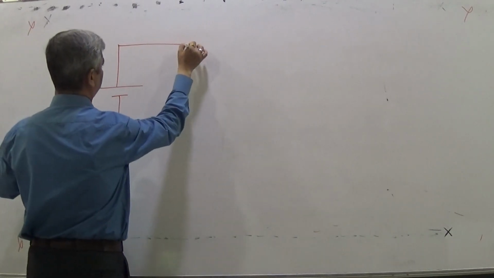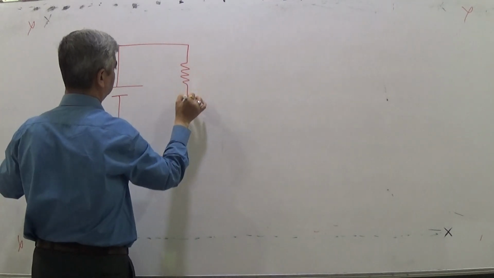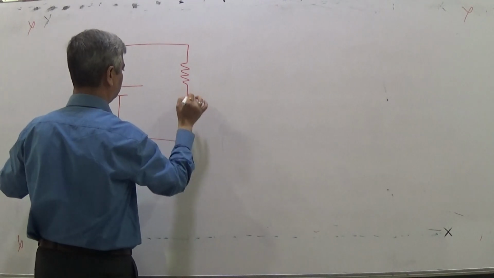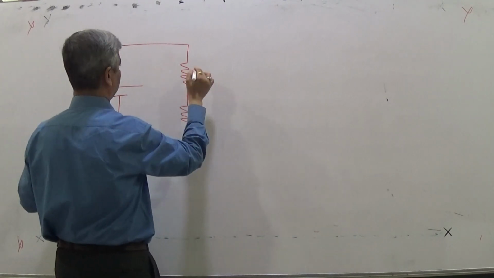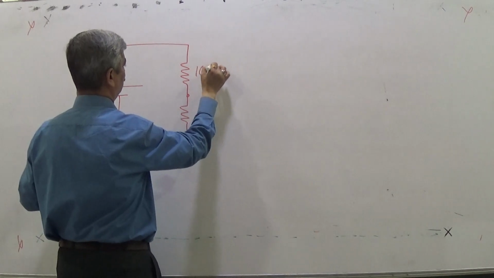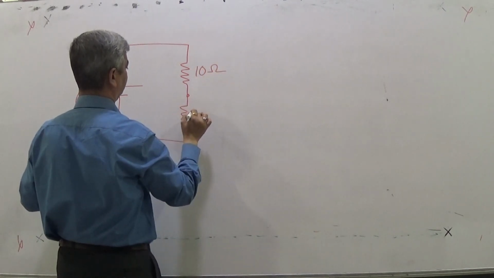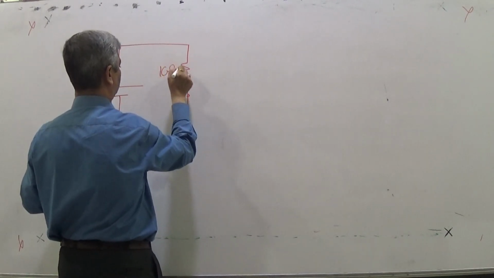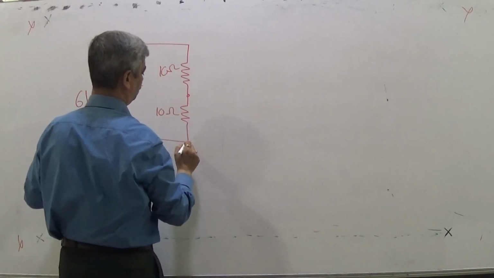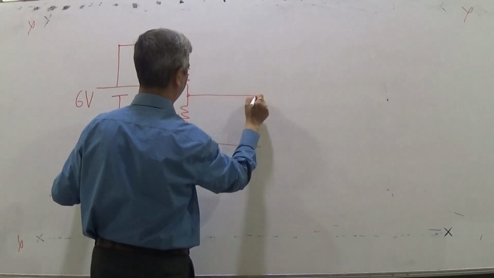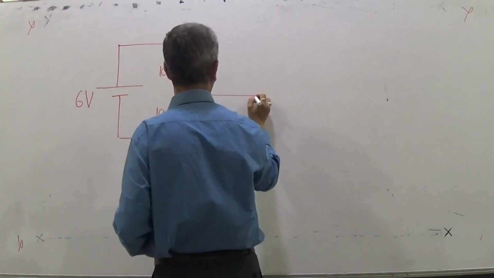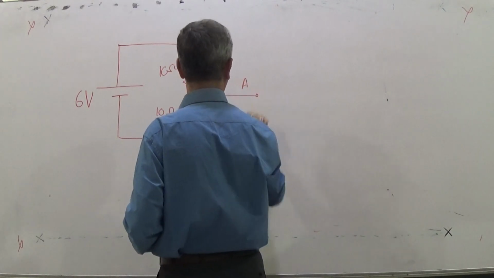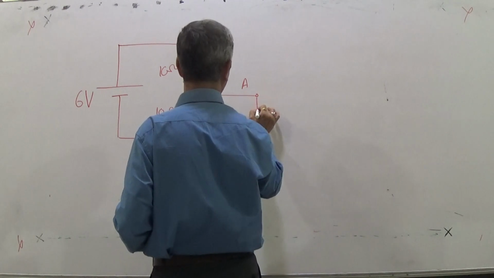We take this, I keep it as 10 ohms. And these are the points A and B. If I connect some resistance here,